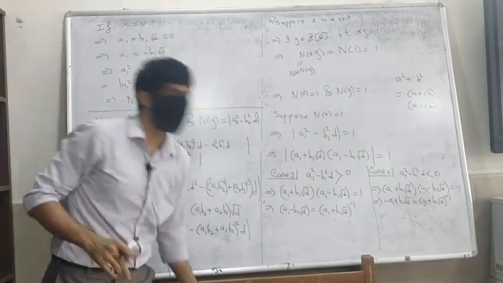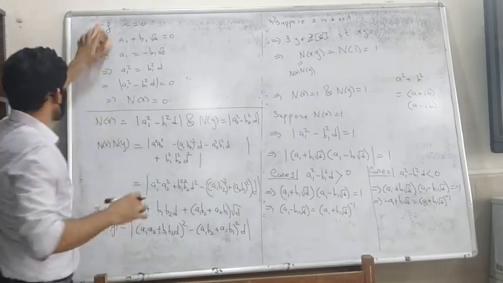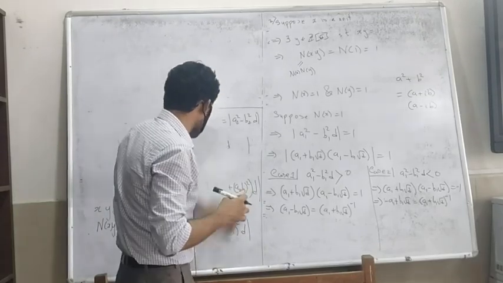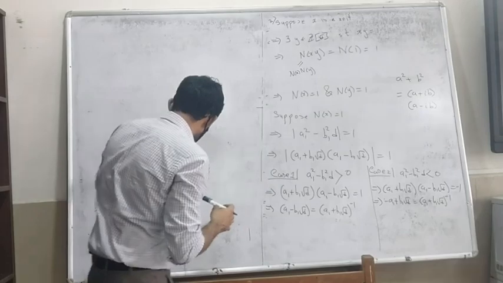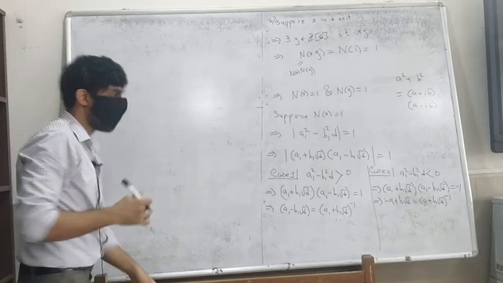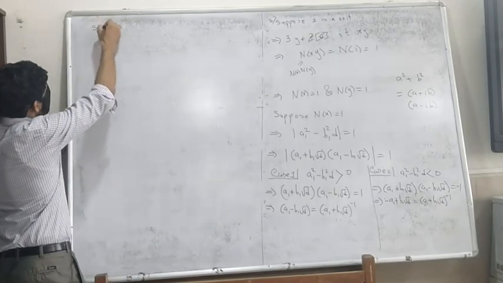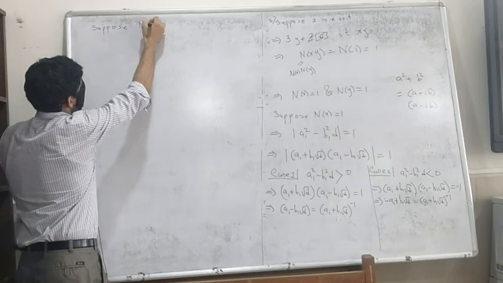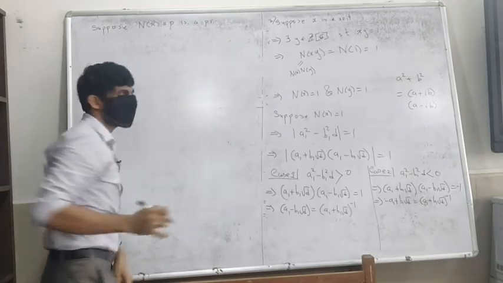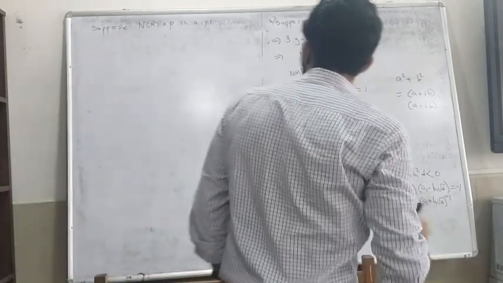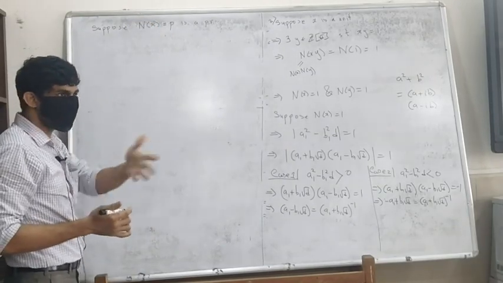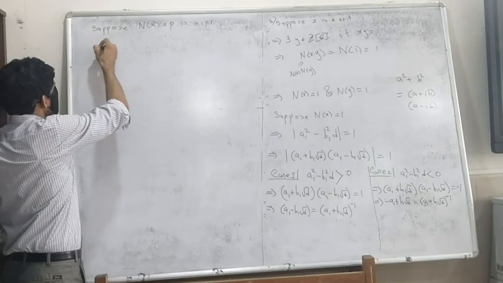Finally, the last one. There is exactly enough time to prove that. We'll show that if n of x is a prime, then x is irreducible. That follows straight away from the previous results, right? So suppose n of x equals p is a prime. If this is a prime, I want to show that x is irreducible. You want to show that x is irreducible, break it down into something and show that one of the two is a unit. So suppose